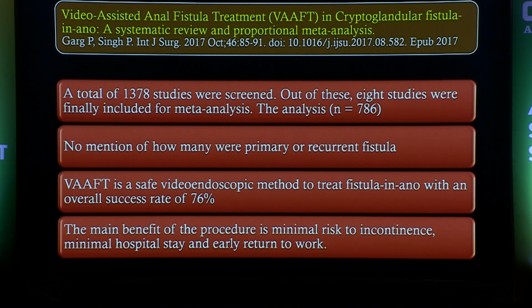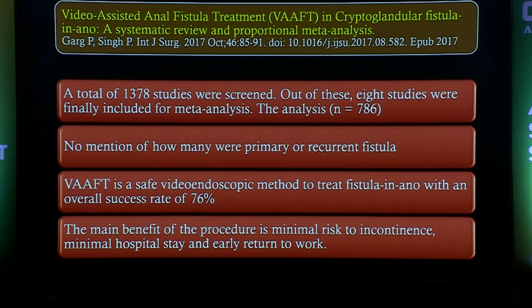There's no separation between simple and complex. So what happens is, in most of the cases where VAAFT was done, they used to choose simple cases to do VAAFT, and complicated cases with multiple tracts, branches and all, they were not doing VAAFT. So we cannot actually assess, because you cannot compare apples and oranges. If you have to compare procedures, they have to be equivalent cases. But